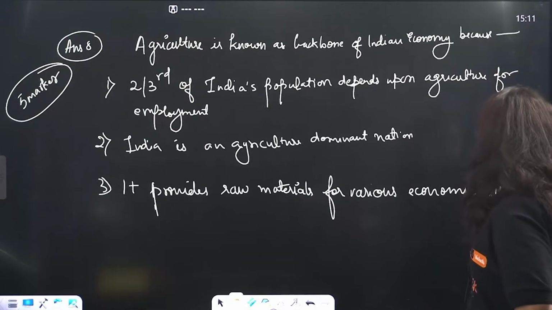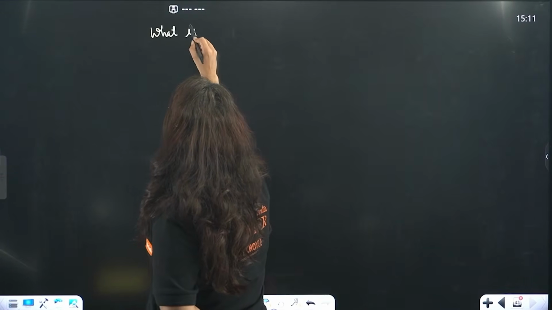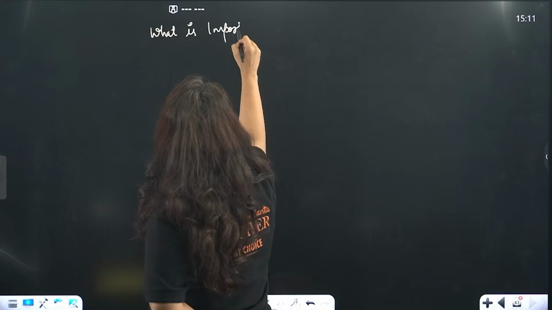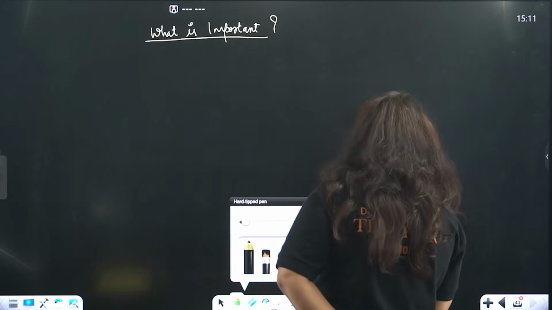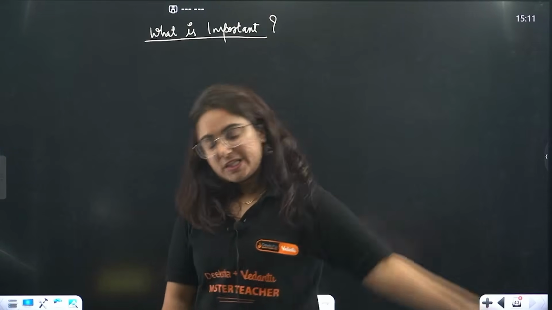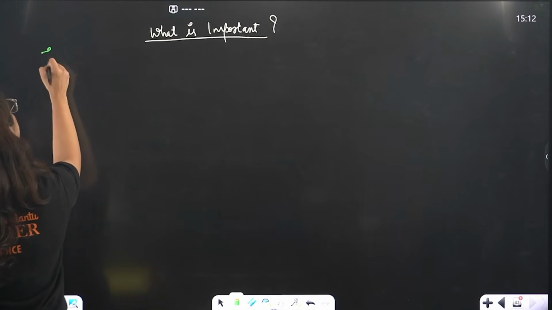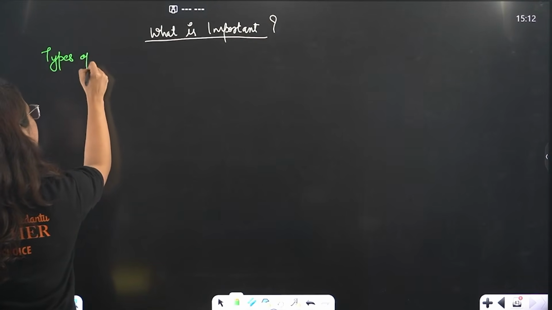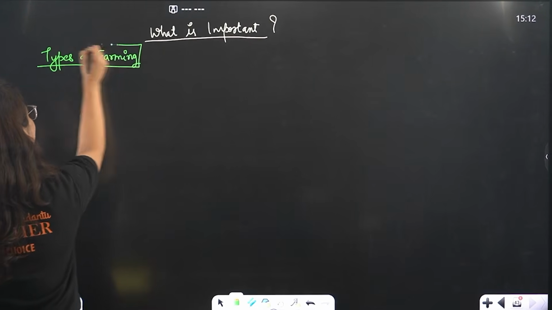Now coming towards the final revision, actually what is important from this chapter? Okay, what is important from this chapter, or let us revise what we have studied up till now. Consider that this is the 1-page short notes of the chapter, okay. So the chapter starts with introduction of how agriculture is important to us, right, to the world too. Coming towards the first point, types of farming. What was the first point? Types of farming.